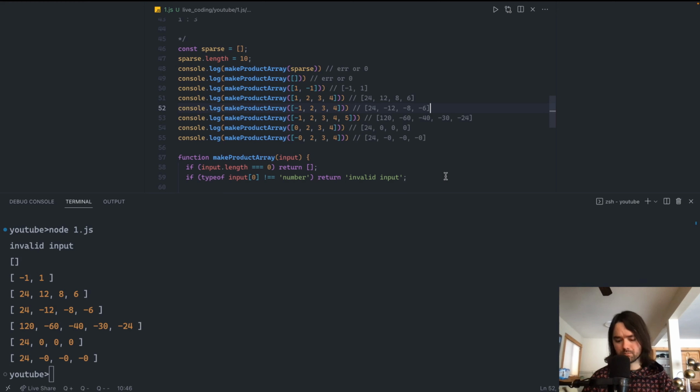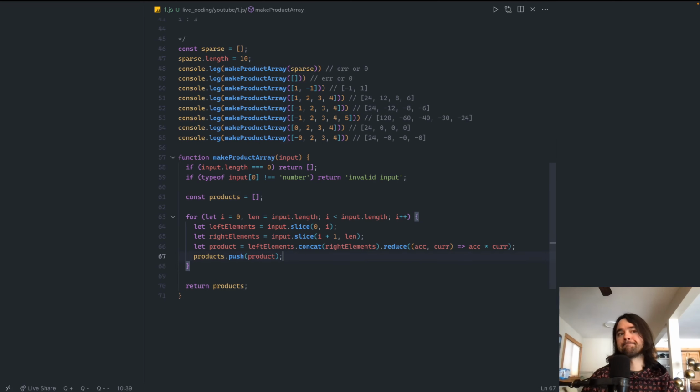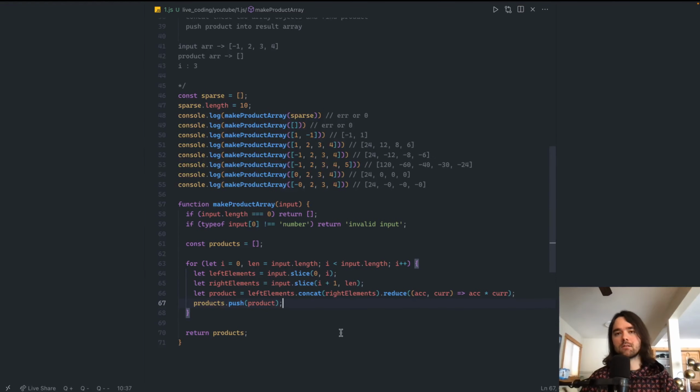Yeah, okay. So this, I think, is a fine solution. It's not perfect. And I think there's definitely an optimization here where you don't do this every time. But